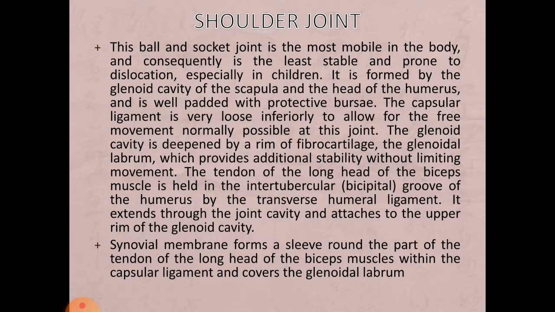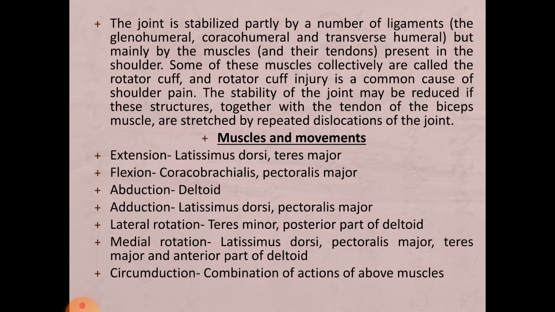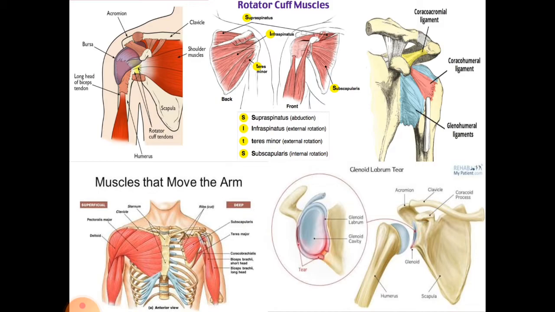There will also be structures that provide stability to the shoulder joint, and we have previously discussed all the structures that are associated with the joint. There will be extracapsular and intracapsular structures: ligaments, bursa, synovial membranes, etc. to provide the stability, and the synovial membrane will secrete the synovial fluid to prevent friction. So before discussing it, let's look at the structures and the type of the shoulder joint.